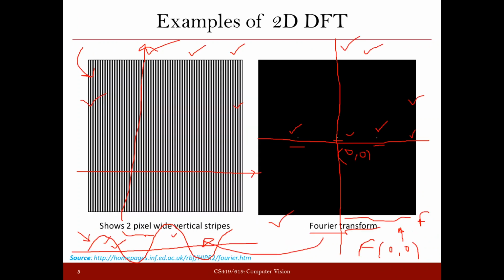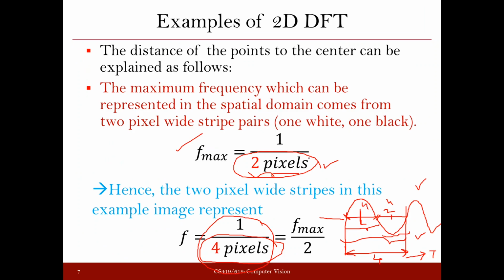So when you assume that limiting extreme case where your strips are just 1 pixel wide, you will find that the frequency will be 1 by 2 pixel, and that will be the maximum, because you can't go beyond that. And similarly, on the other side, if you keep increasing the width, then obviously the frequency will become 0 in some sense. If your patterns are really very wide, then the frequency will become 0. Okay.